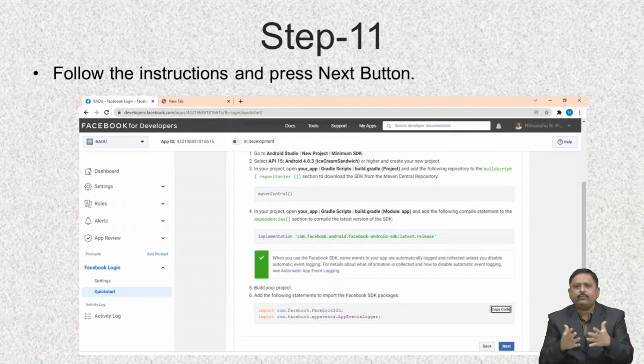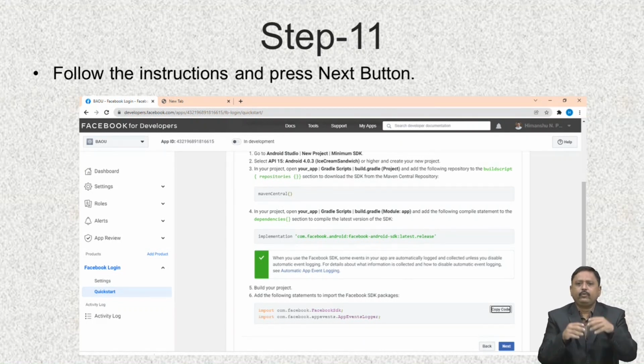Now you have to follow the instructions, and after doing all the necessary changes in your project which are mentioned on the screen, you have to press the Next button.